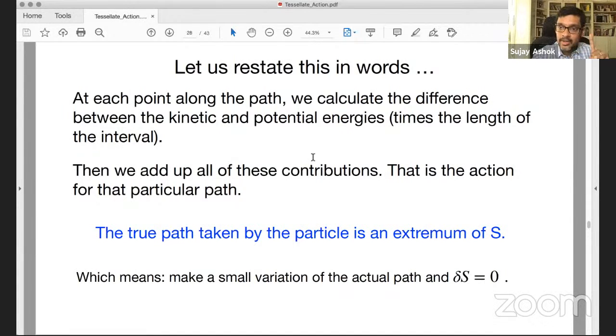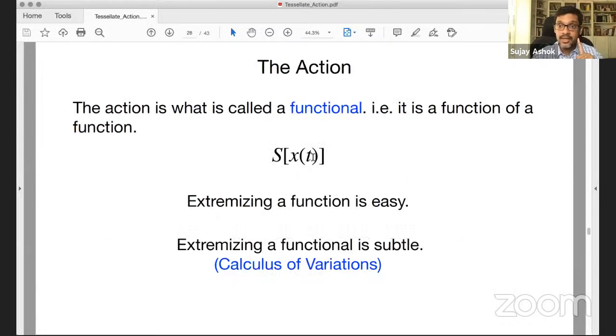So now let me tell you what is the difference between the principle of least time and the principle of least action. The difference is the fact that the action is not a function, unfortunately. See, earlier we had t of x, the location at which the light entered the medium. That was just a parameter. Well, the difference is that the action is actually a functional, not a function, which means that it is a